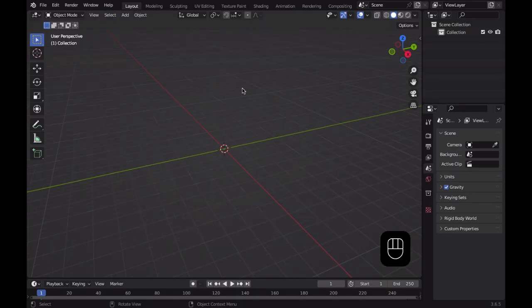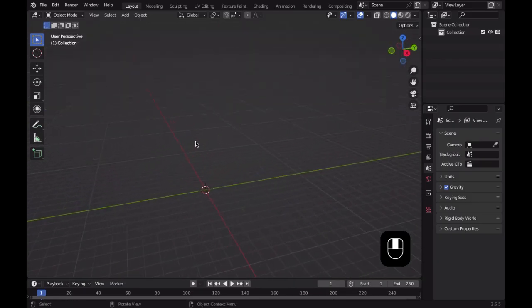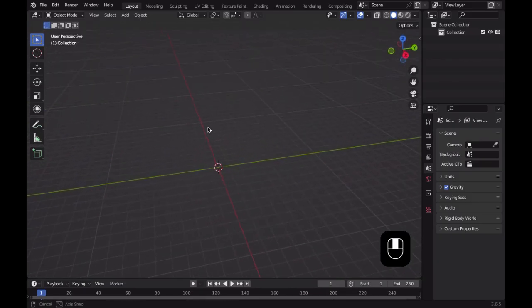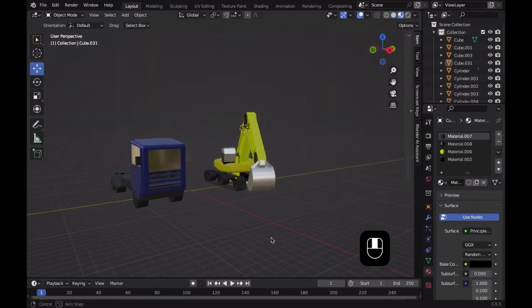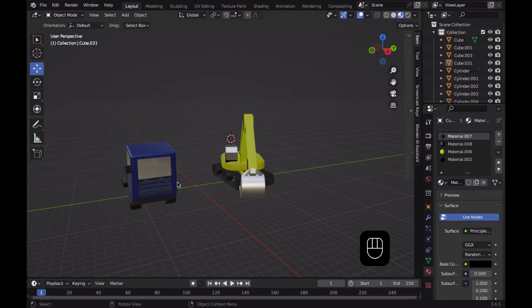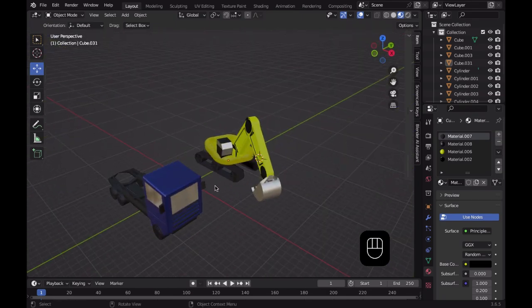So first of all, we need to get the two things from our last project, and I'm quickly going to do that in a split moment. And look at that, we have our truck and digger. So basically, without all the editing,